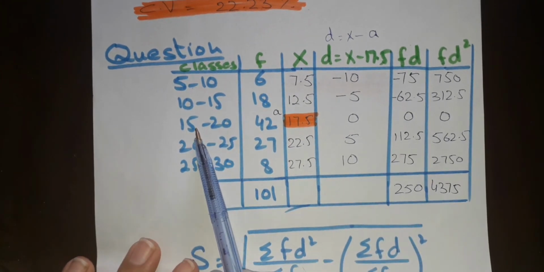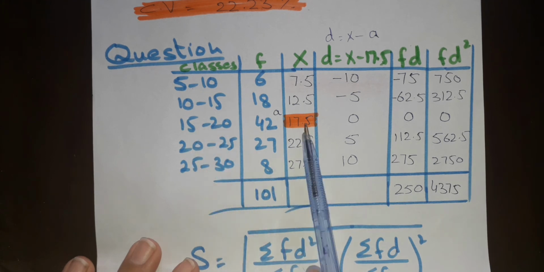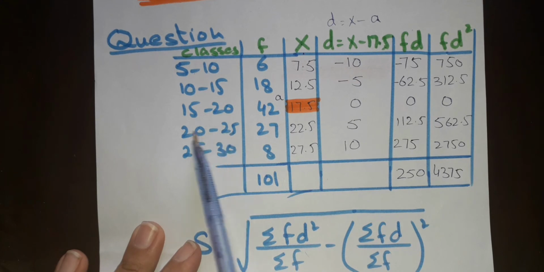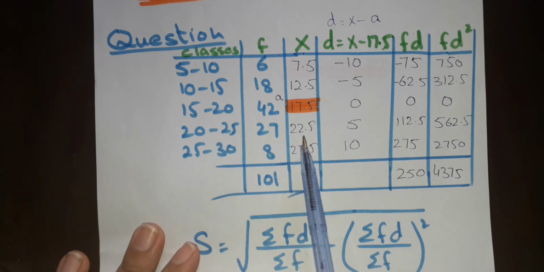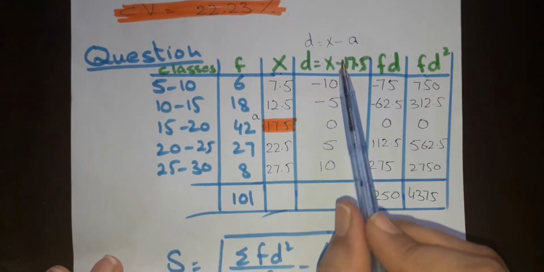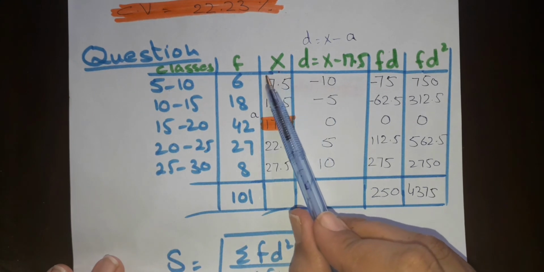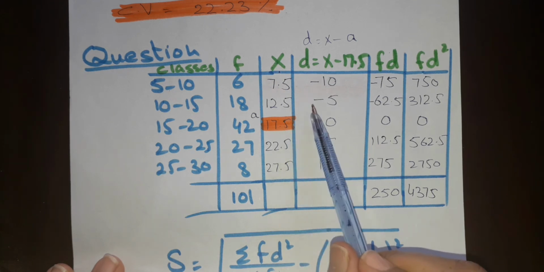Now next, what is between both of these values? It is 17.5, 22.5. Just add both of these values, put an equal sign, then divide by 2. You get the result, the most central value. Now we have to choose the value of A. You can choose the A value from the X column. You can choose this one, you can choose any one.